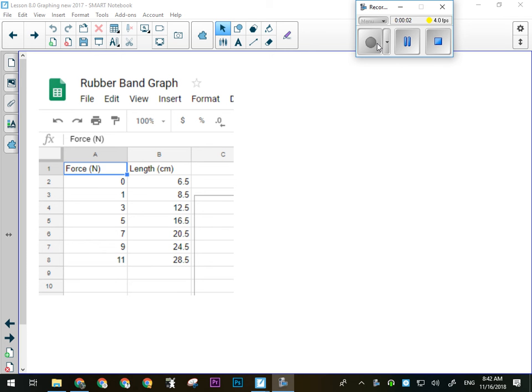Okay, so yesterday we ended off with this rubber band graph, and I think everybody's got the hang of how to build a graph on Google Sheets. When we do our lab to do with graphing, I'll run through it all again just so that everyone can build their graph. The most important part of a graph is the analysis that it allows us to